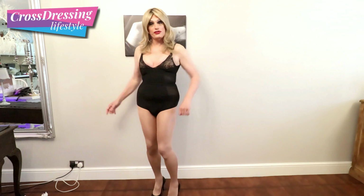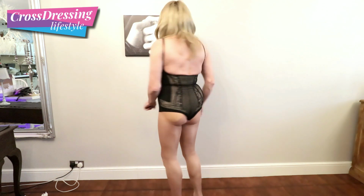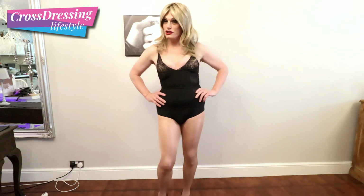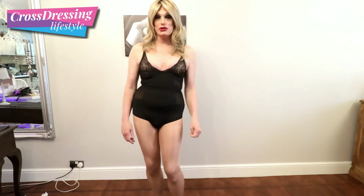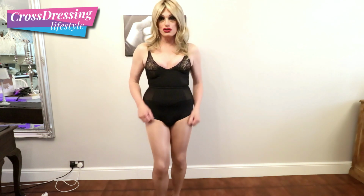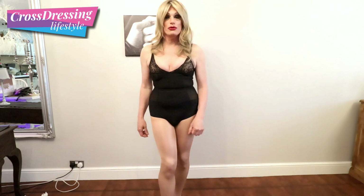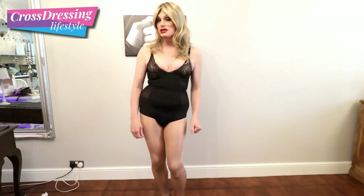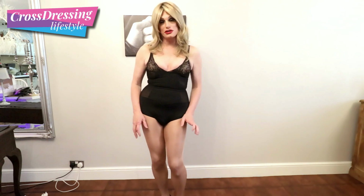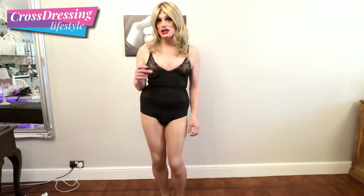So there are the 360s actually in position. What do you think? Now, I must admit there were a few challenges when I first put them on in terms of jockeying them around and finding exactly where they're supposed to go to give you the best shape. And whilst I was doing that, I found that the gluey substance on the back was actually losing its adhesion